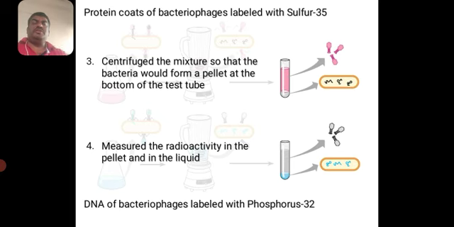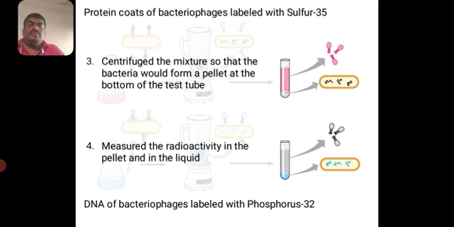After centrifugation, the centrifuged mixture contains a pellet at the bottom, and the pellet contains the bacteria because of their high weight. In the first tube, where the scientists made use of sulfur 35, in the pellet there was no presence of sulfur 35,